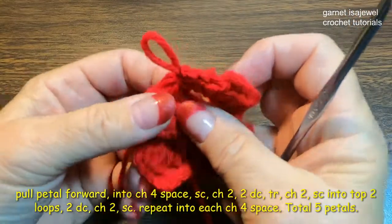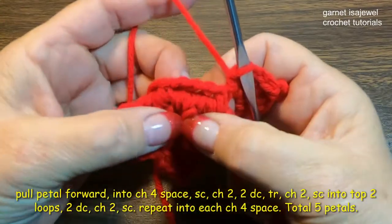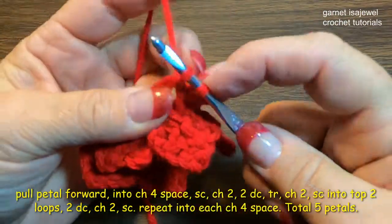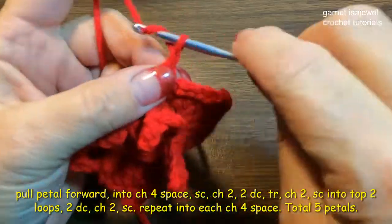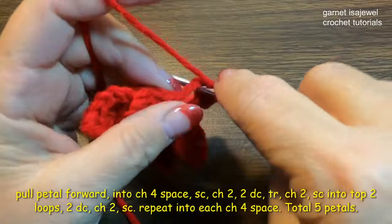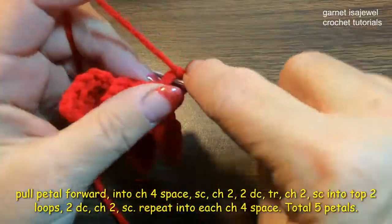Let's move on to the second one. So fold your first row of petals over, and here's our chain space. Single crochet directly into the next chain 4 space. Chain 2, 2 double crochet, one treble,